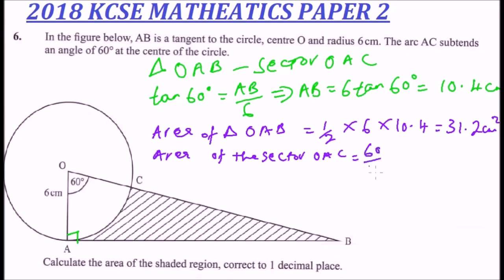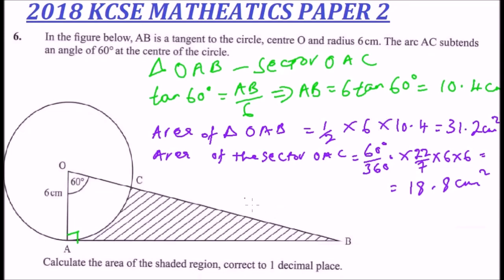60 divided by 360 degrees, you multiply by pi, which is 22/7. You multiply by radius squared, 36 times 6, and you should get 18.8 centimeters squared. So having obtained the area of the sector, we can now get the area of the shaded